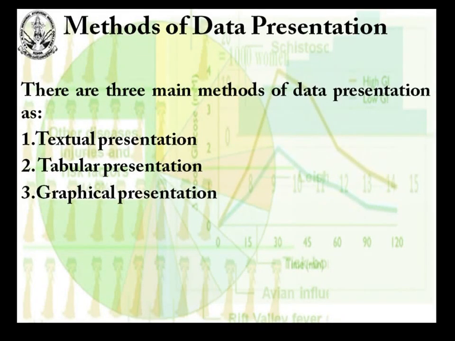Now we will see methods of presentation. Methods of presentation must be determined as per the nature of data, their format and method of analysis. Inappropriate presentation usually lacks appropriate communication with readers. So looking at the data and the advantages or disadvantages of presentation techniques, any specific method of data presentation should be opted for. There are three main methods of data presentation: textual presentation, tabular presentation and graphical presentation.